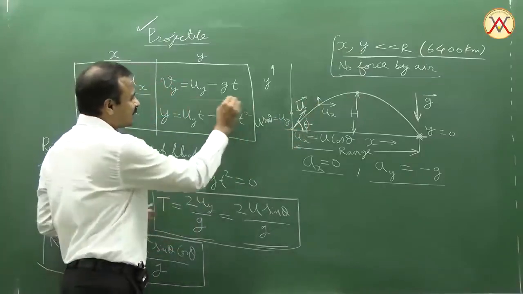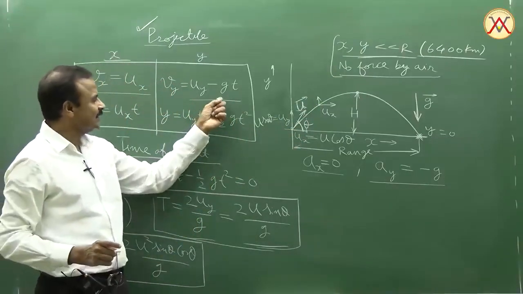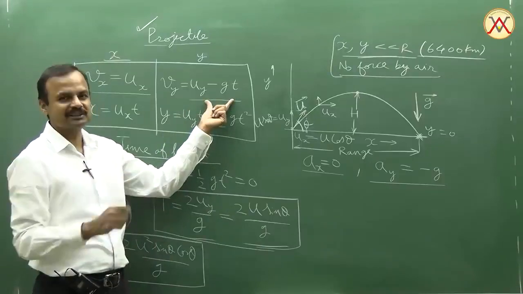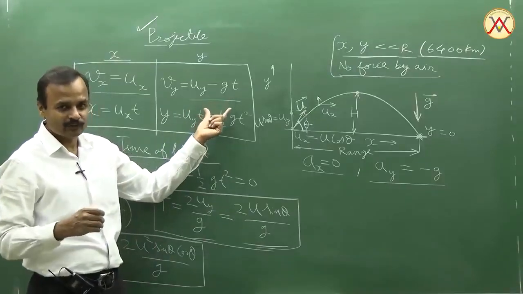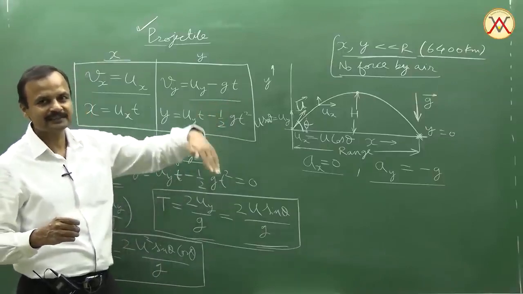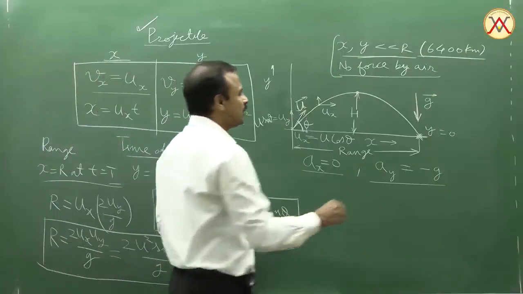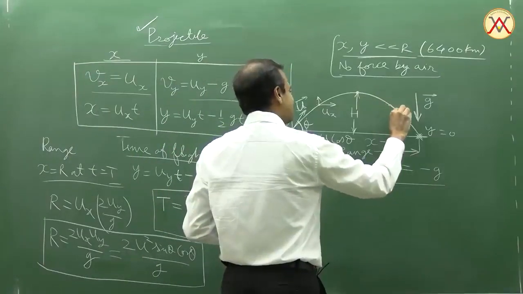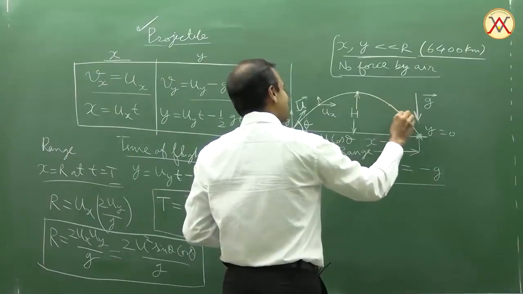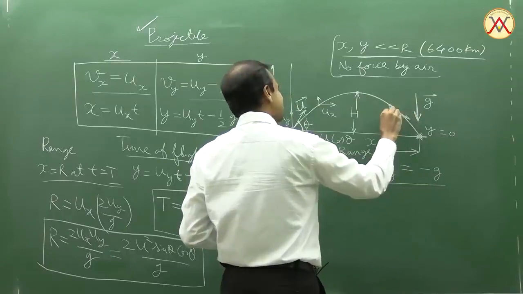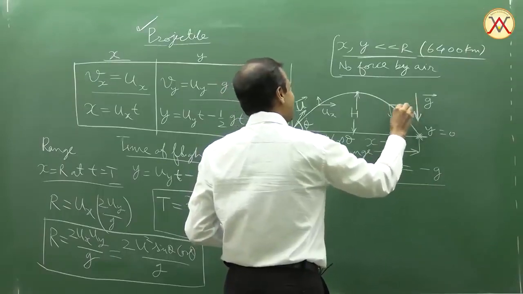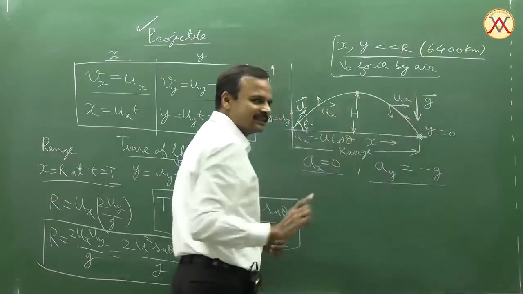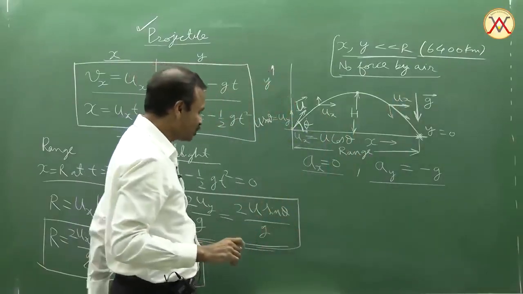As long as the y component of velocity is positive, the particle is still going higher. But after a certain time, you can see that Vy becomes 0 and then ultimately it becomes negative. Negative value of Vy means that it is coming down. If you take a point somewhere here and draw the tangent to it, you will realize that the y component of velocity has indeed become negative. Mind you, the x component always remains the same in case of projectile motion.